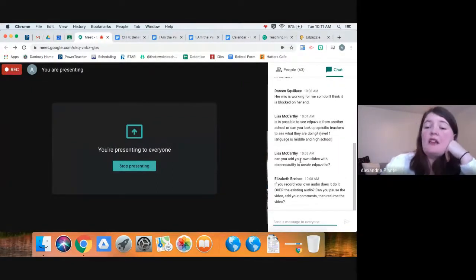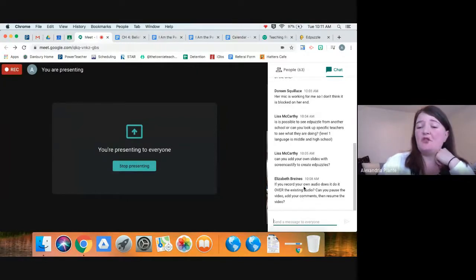Yes, you can do Screencastify. That's a video, so it does need to be a video file. Sorry, I just wanted to check the chat real quick. Yes, it is a video file, so you can absolutely upload a Screencastify. If you record your audio, does it do it over the existing audio? You can pause and add comments for sure, but yes, if you record your own audio, it will go over